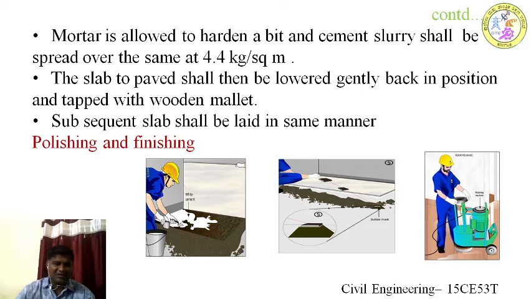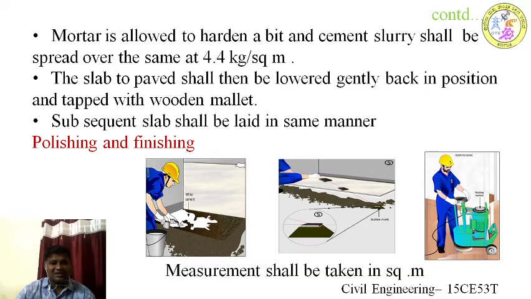After that, I am going to completely clean the surface, and again I am going to put white cement or the colored cement to the joints, and again I am going to continue the second coat of polishing, followed by the third coat of polishing, and after that it will be allowed to use.